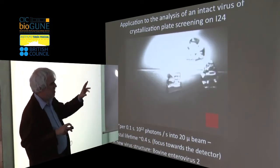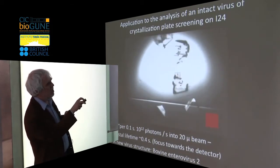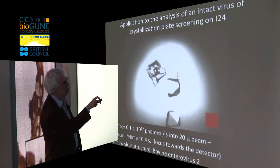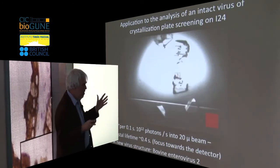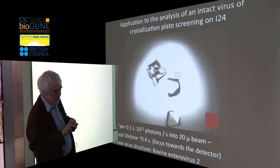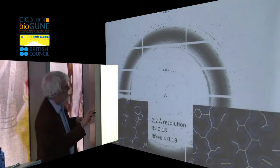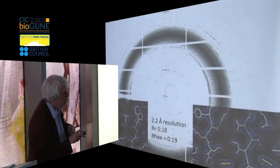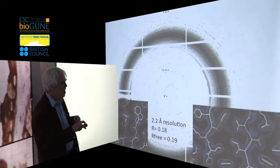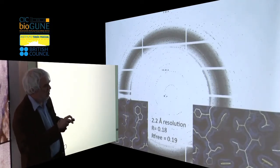Because of these fantastic detectors, we can then collect 4 frames before the crystal blows up. And we just move on to the next place in the crystal, or the next crystal. And from a single plate, it was possible to solve the structure of this new virus. The diffraction data are of extremely high quality. The electron density map is really beautiful, and the data are very reliable, as judged by the very good R